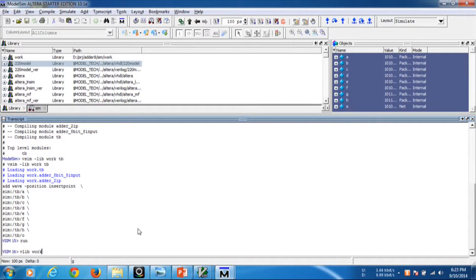The pwd, vlib, work are the commands which I used frequently before in this transcript. If you have made any typing errors, there is no need to type the whole line again. Just use the arrow keys, go to the place where you made the mistake, and replace it. It is very simple in this transcript.